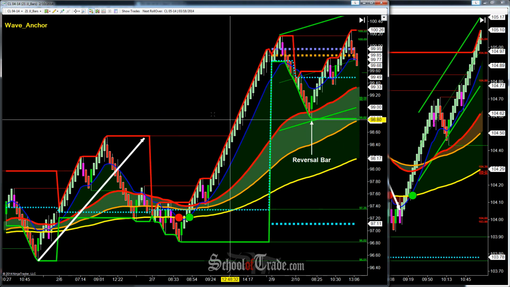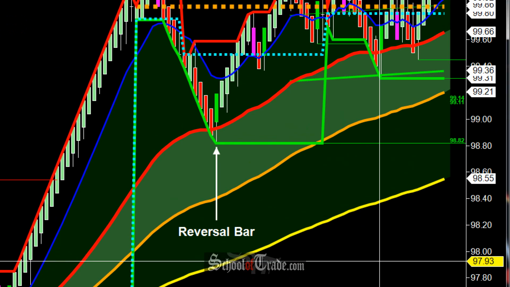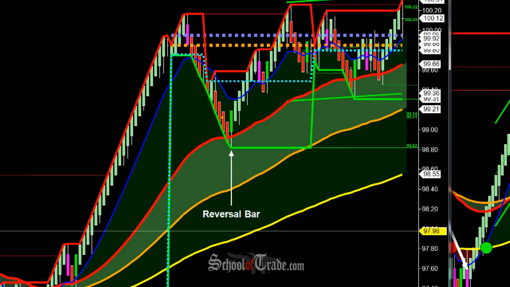And reversal bars come in a lot of different variations, but you're going to see it on every chart you could ever think of, as far as School of Trade charts go. So looking right here, if we zoom in a little bit, we have a reversal bar that fires off right in a perfect area that we're looking to buy already. And this is basically a scalping pattern. So we go higher, get a nice pullback right into an area that we're looking to buy already, get a reversal bar that fires off, triggers us in long,